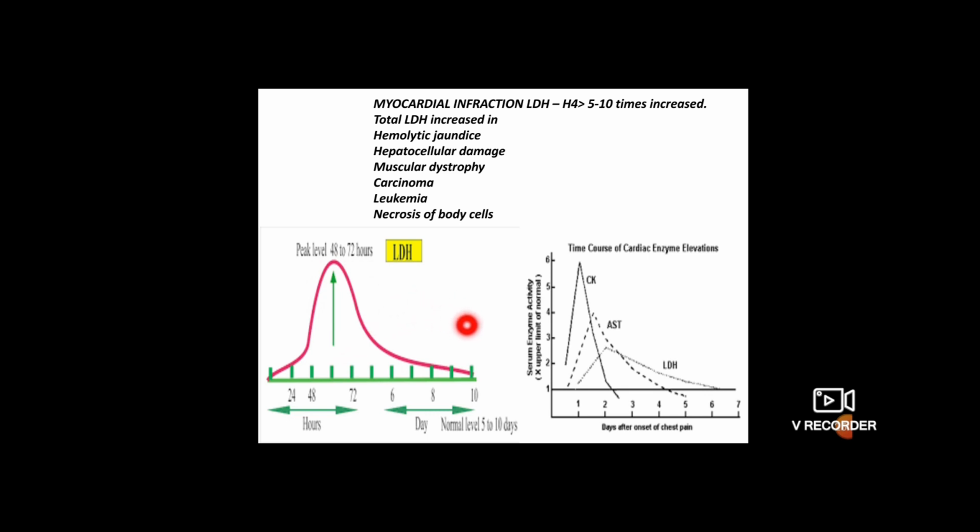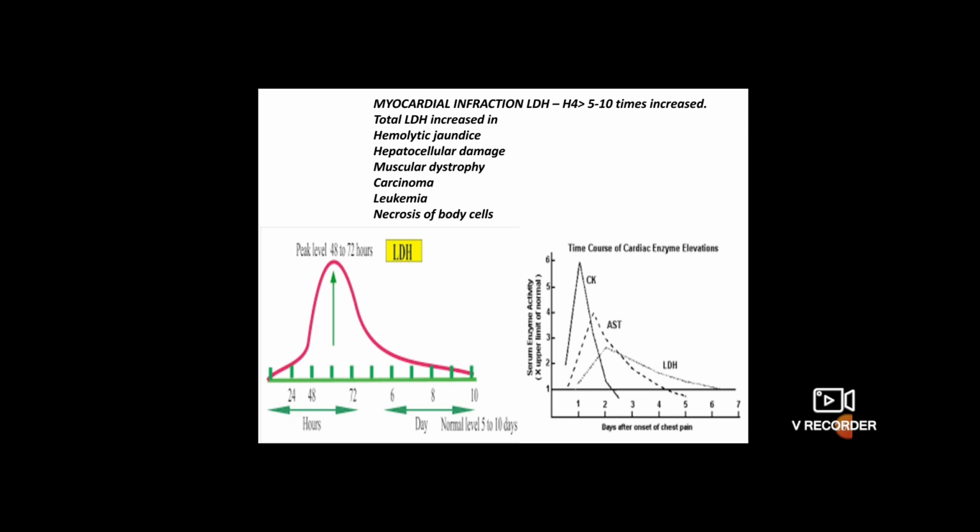And the other specificity of the myocardial infarction is you can also estimate creatine kinase. So you can see that LDH is not only the biomarker for the heart disease, but you can see also aspartate transaminases, AST or SGOT, and CK, creatine kinase. So we have to estimate the three enzymes, creatine kinase, aspartate transaminase and LDH on increase. So this is a very good example we can use for the diagnostics of the myocardial infarction.